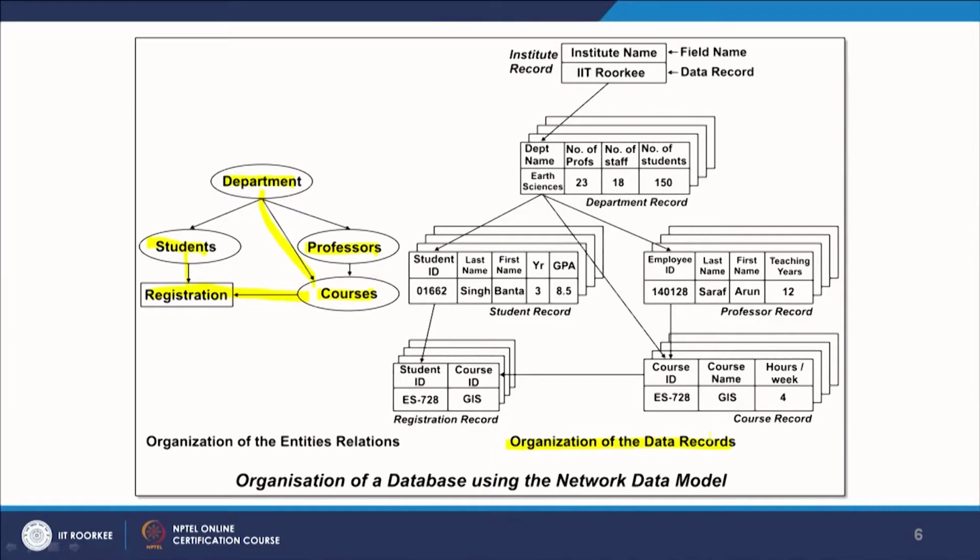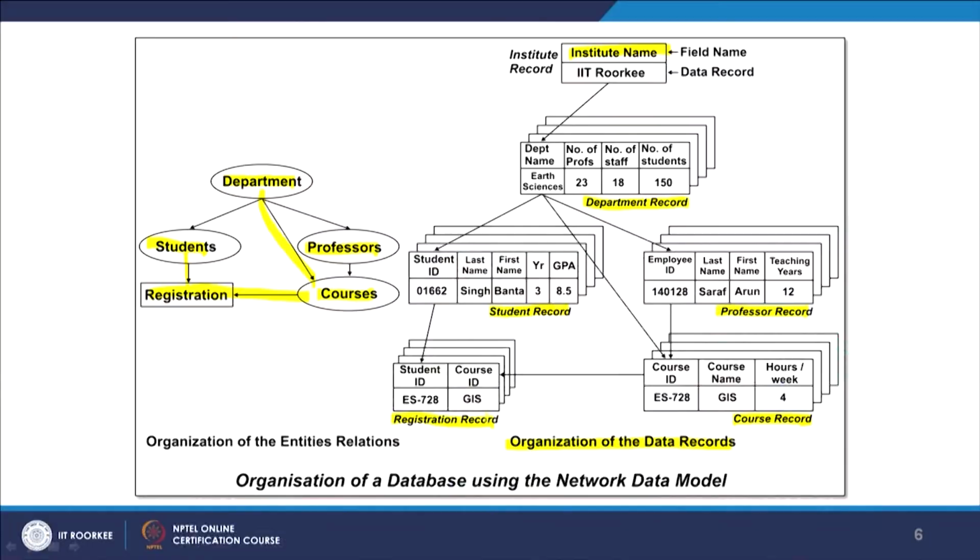So, in the form of, as said, that inverted tree. If we see the organization in the form of data records, it will be done almost the same way. You have the institute name, then the department record, the student record, the professor record, the course record. This is all common, as it was also in the hierarchical data model.